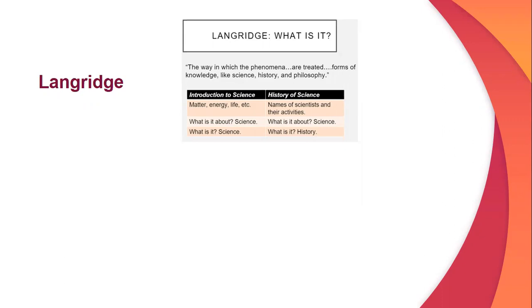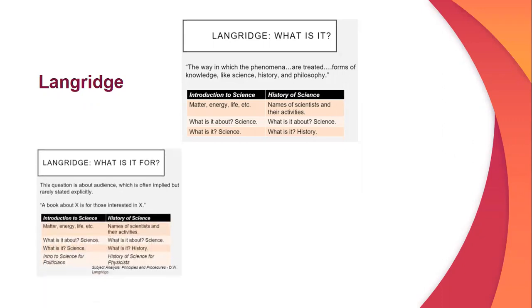And he also says you should be asking, what is it for? This question is about the audience, which is often implied but rarely stated explicitly. A book about X is for those interested in X. So that addresses the topical aspect of the work, but also he wants you to look at